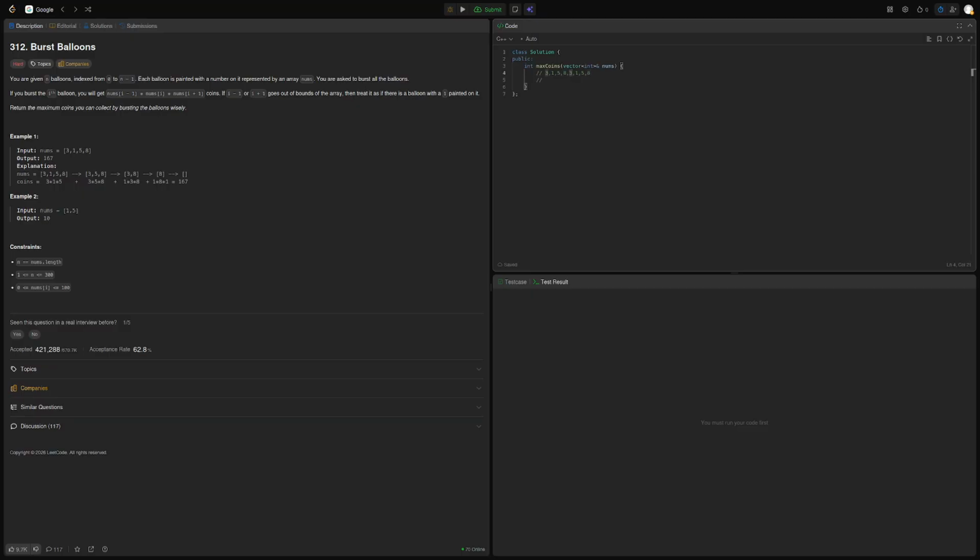Well, how many times, for example, does this element get counted? Well,